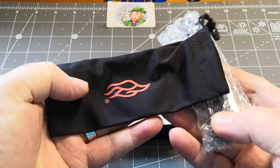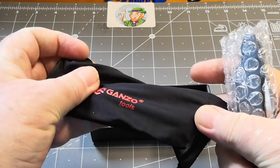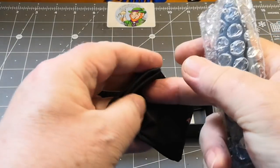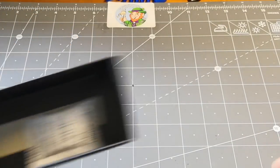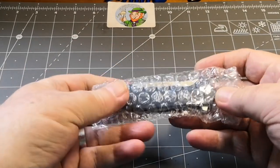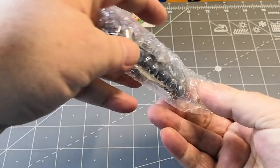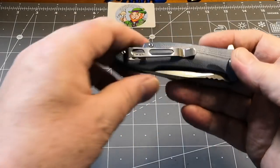So, it comes with a lovely little silk pouch, which is ideal for doing your glasses. Never throw these away. The inside of them is lovely. Open them up and use them for glasses. There we go. And a wee silicone thing for damp, and then inside a lovely bag. Gosh, when you think what Ganzo used to be like and what they are now, oh mommy,